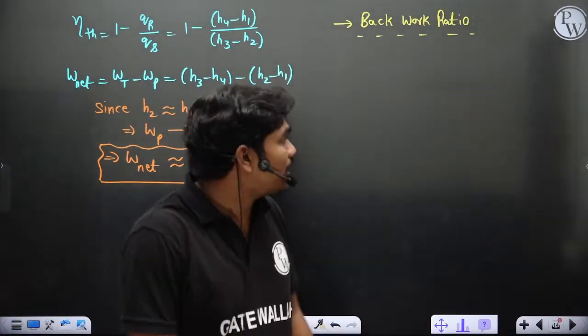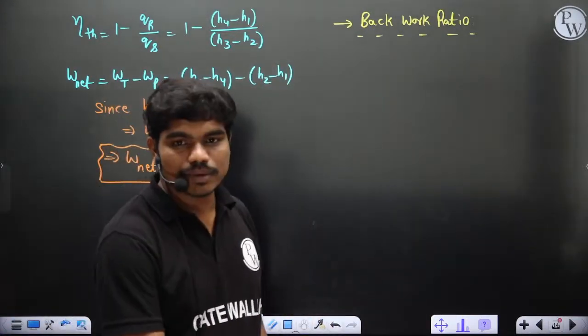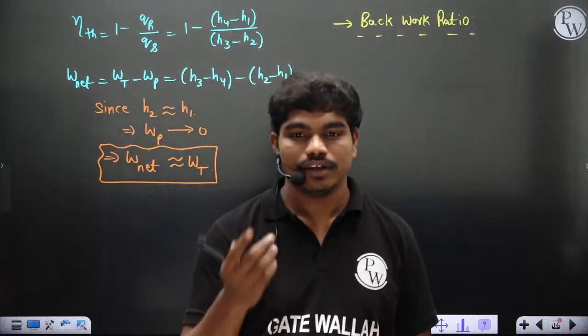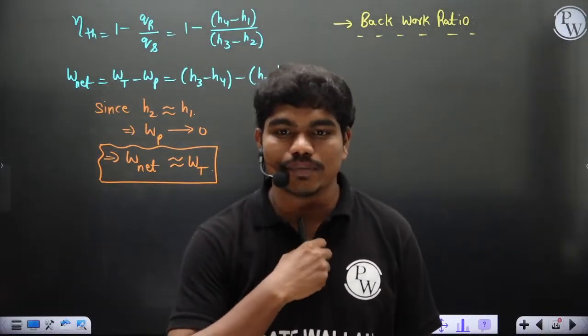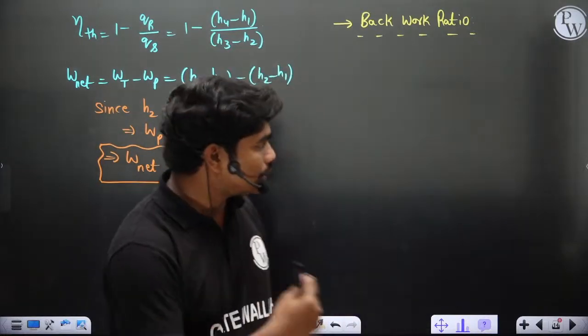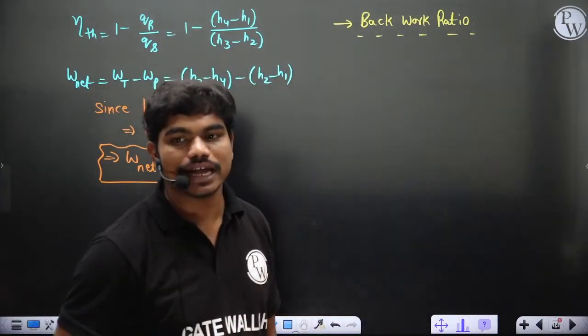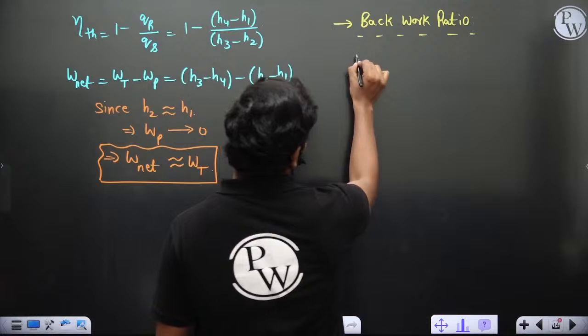Clear? Anyway, we'll talk about that in some separate context, maybe in the ESC syllabus if Vinod sir or me teaching ATD. The shaft is also connected to the compressor, correct. I'll show you that construction when I'm talking about gas turbine engines. But right now, if you just want to write this ratio,